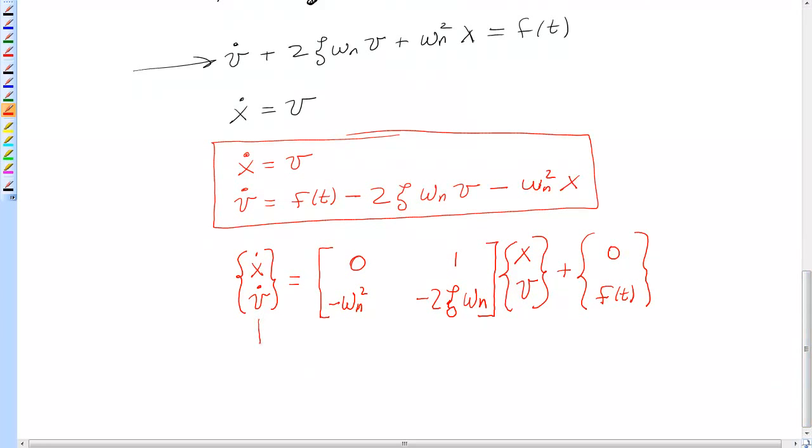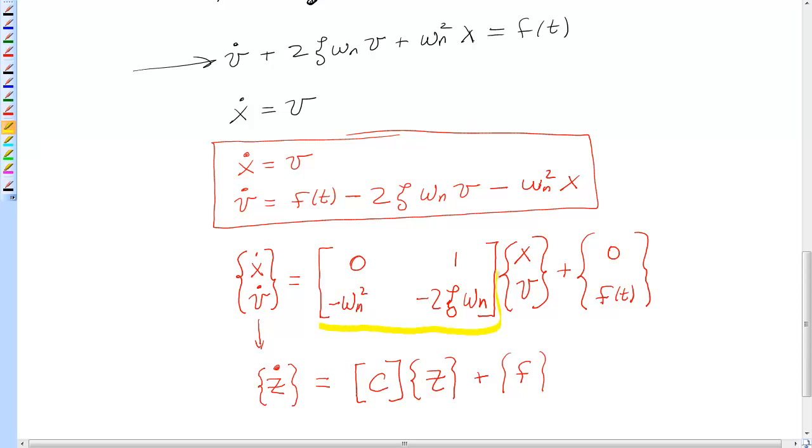So if this was rewritten as just a vector, say z dot, where this is a vector is equal to a coefficient matrix times z plus some forcing vector, where in fact this is your c, this is your forcing function, this is the z, and like before we were talking about,